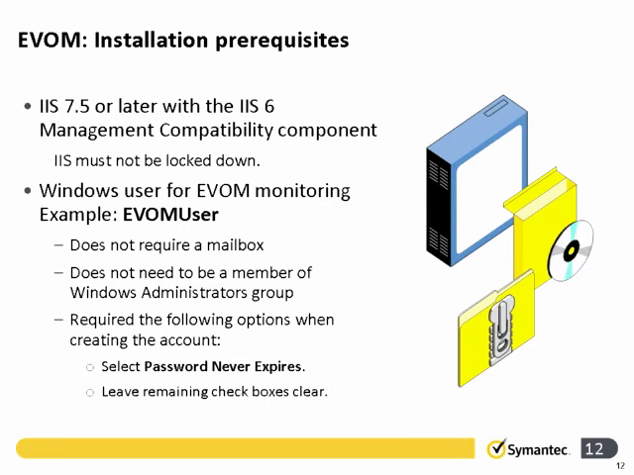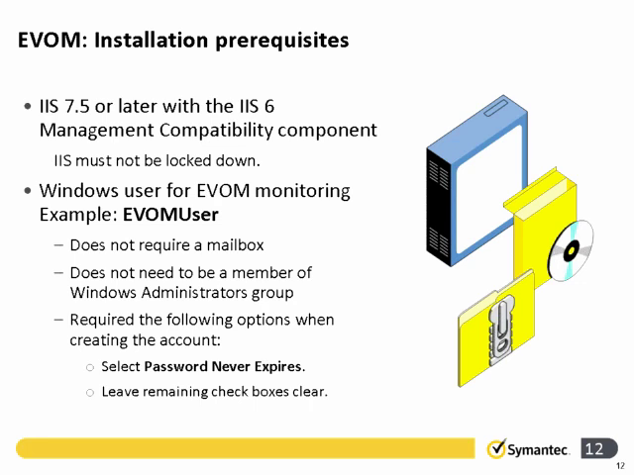Prerequisites for the installation: I need to have the Internet Information Services 7.5 or later with the Internet Information Services 6 management compatibility component installed. We must not have locked down the Internet Information Services using any of the Microsoft lockdown tools. We are going to create a separate user for the monitoring process. This separate user doesn't require a mailbox, doesn't need to be a member of the Windows Administrators Group. However, we do want to make sure that this particular user's password never expires. And once we've selected that option, we can typically create it in the Active Directory Users and Computers and leave